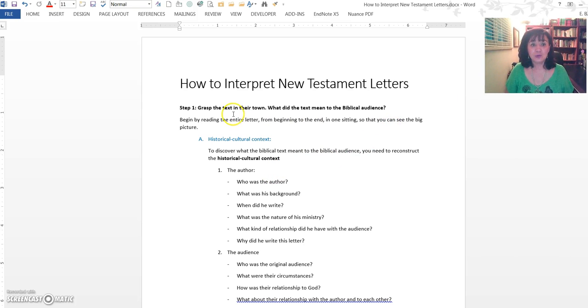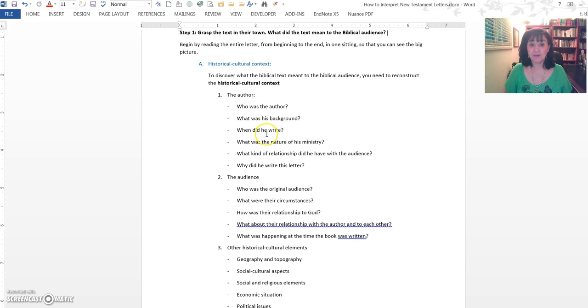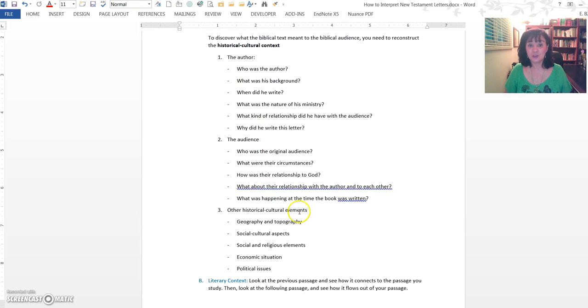The first thing that you do in step 1, basically step 1 includes 3 things. It includes the historical cultural context. So you need to understand the background. And that involves the author, the audience, and the historical cultural elements. And I took these questions from your textbook, Grasping God's Word, just to guide you when you do your